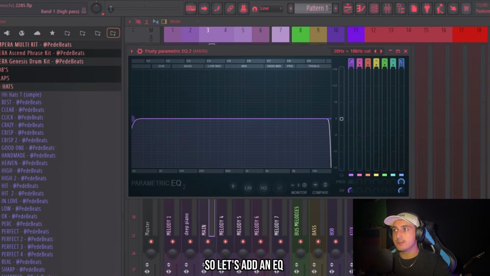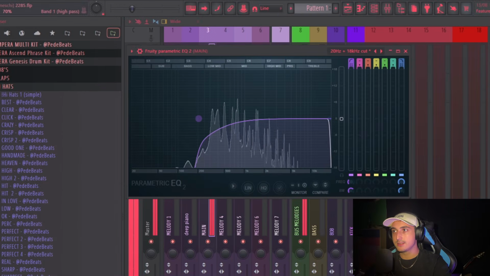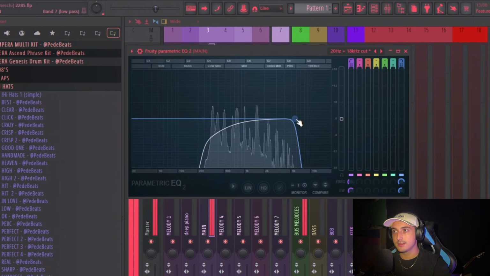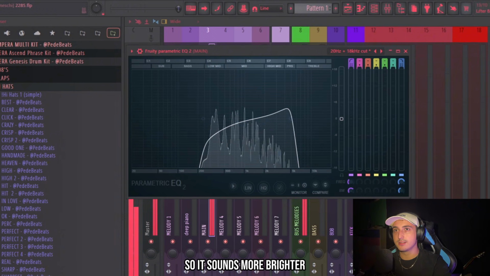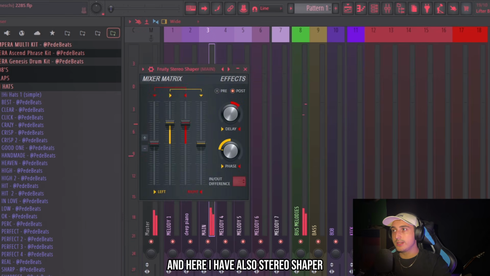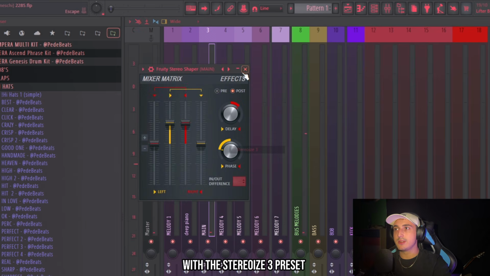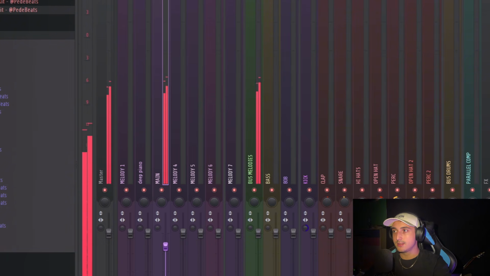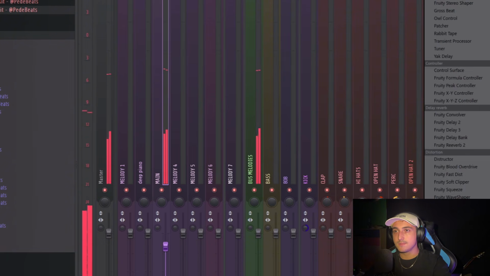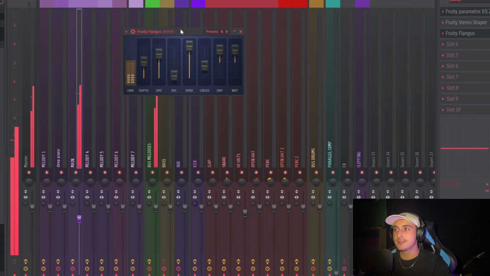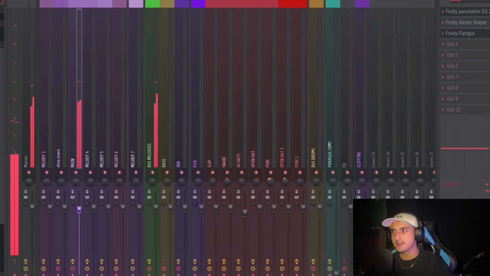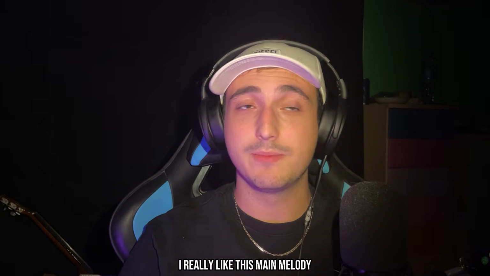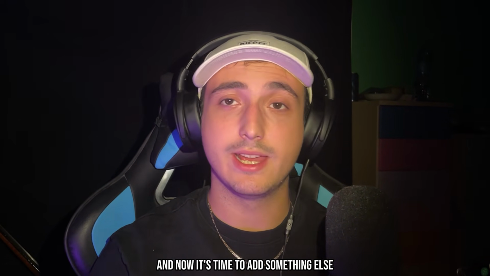So let's add an EQ. We don't need this low end, so it sounds brighter. And here I have also Stereo Shaper with the Steroids 3 preset to make it sound more wide. So let's add this flanger on this. Yo, that's interesting. Okay man, I really like this main melody, and now it's time to add something else, and